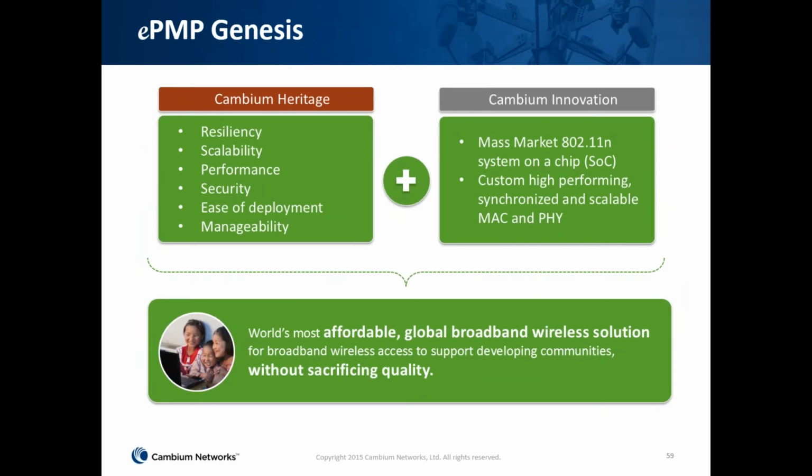Colin, next slide, please. Our ePMP, once again, a very feature-rich point-to-multipoint system. It's this 802.11n system on a chip. We've also put a lot of Cambium customization into that as well. Lower cost system, once again, available in fewer frequencies, not quite as robust as the PMP 450, but it does a great job at providing high-speed broadband to rural customers. Colin?